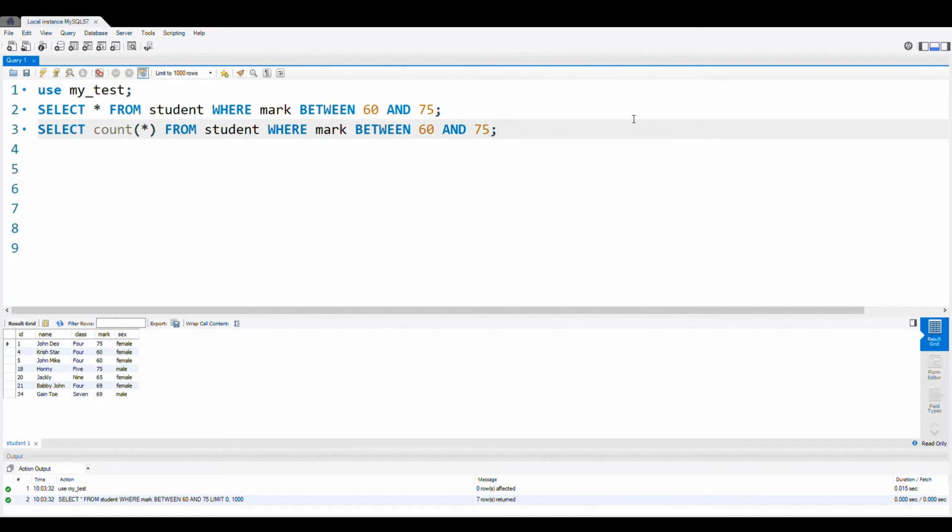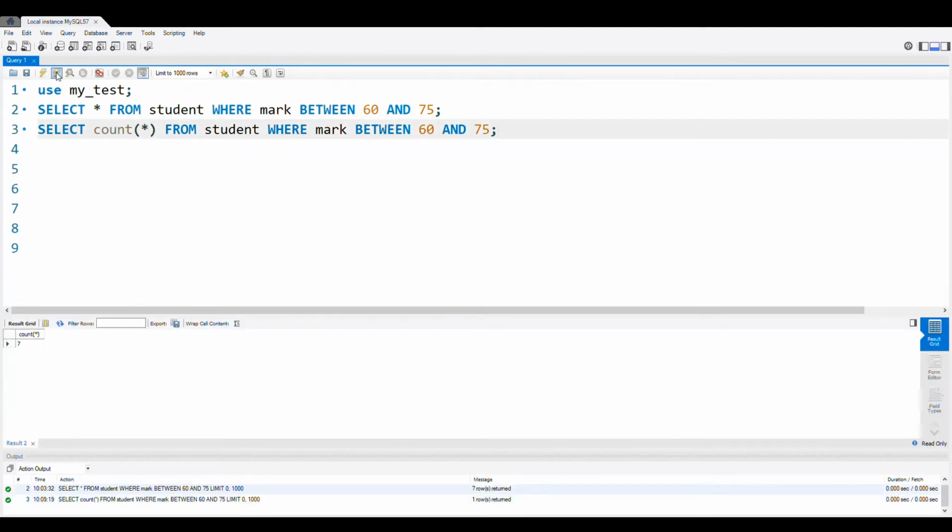Now the output I am expecting is the total number of records only. So let us execute this. See, fine, we are getting 7 records. So 7 is the output.